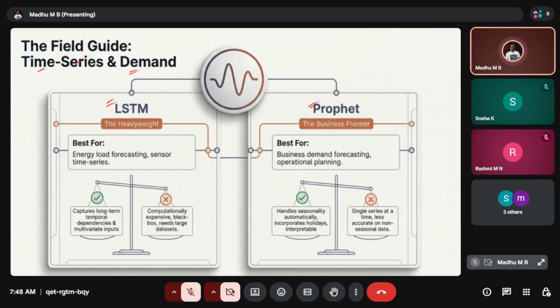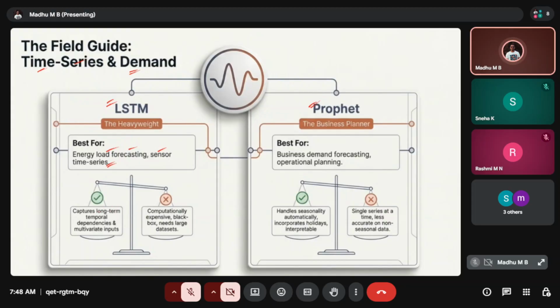Now this LSTM is the heavyweight one. These are very complex models, best suited for energy load forecasting and sensor time series. Load forecasting is not specific to one small sector, correct? We will have a large amount of data coming in from different places, and the complexity of load forecasting is very high.